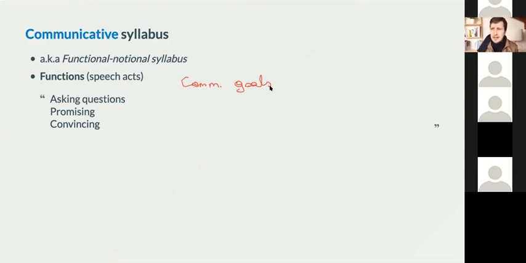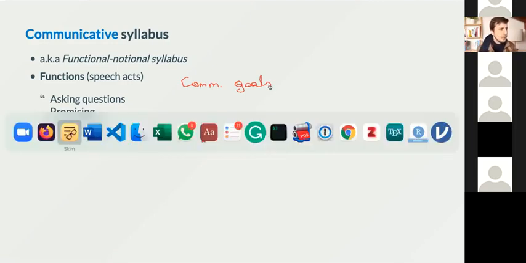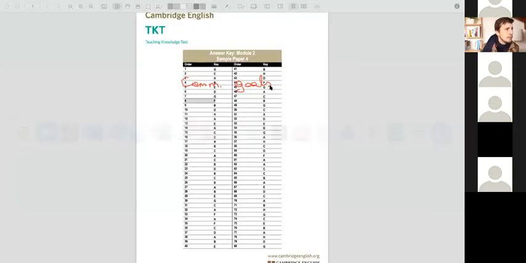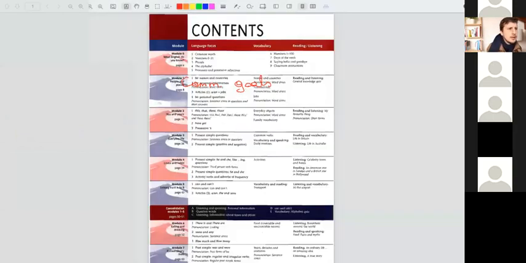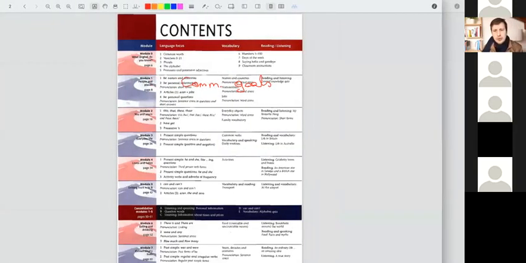What is the key idea here is that if you want to organize your course in a communicative way, you have to plan your course around communicative objectives. That's the main goal here. You really have to organize your course. And that means two things. First, if you are using a textbook, so let me go back to this textbook here. So if you are using a textbook,